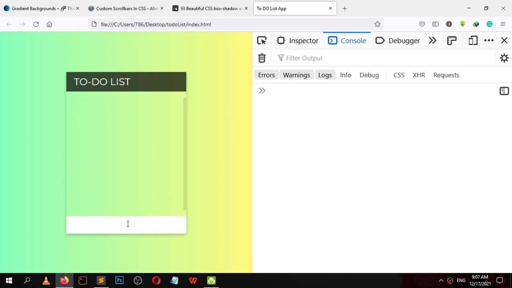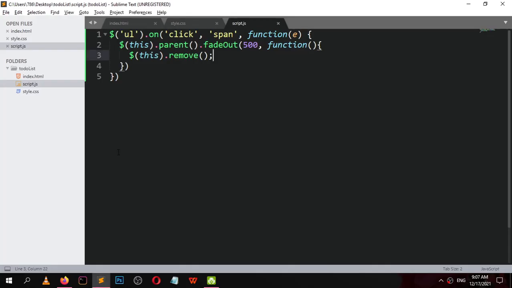Now one thing remains: when someone types something here and hits the enter button, we should grab the value and add it to the list. So how can we do that? Select input dot keypress, and we are going to watch which key is pressed.